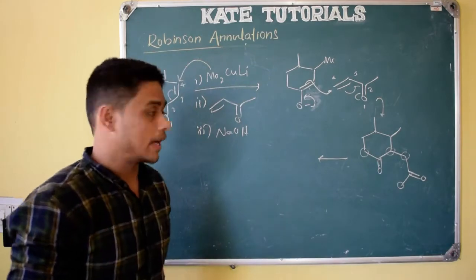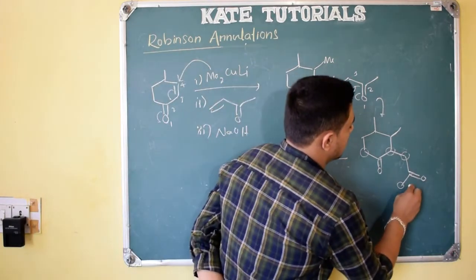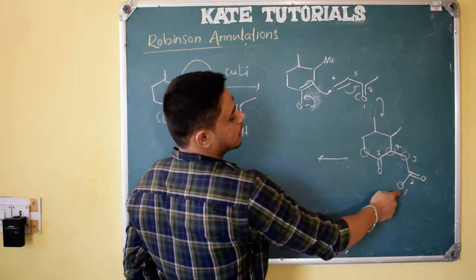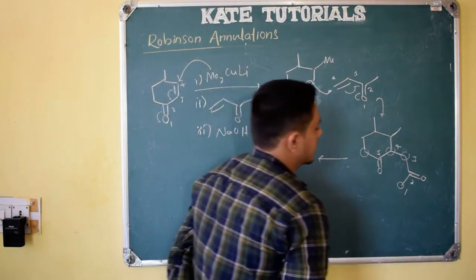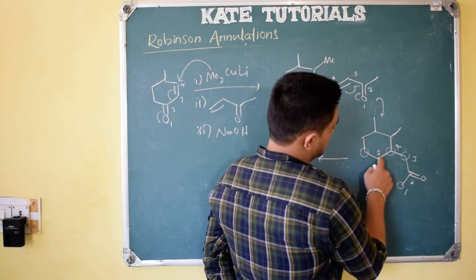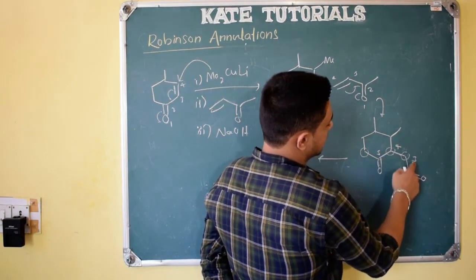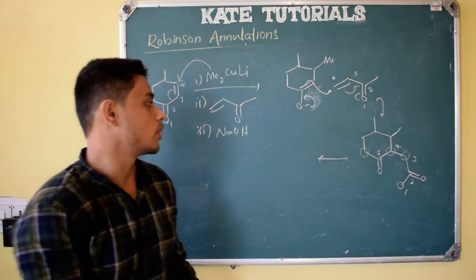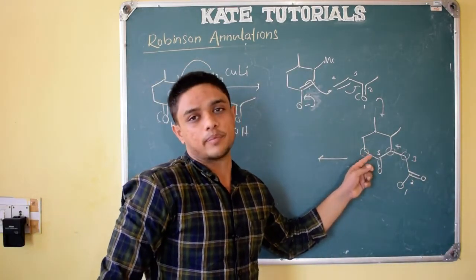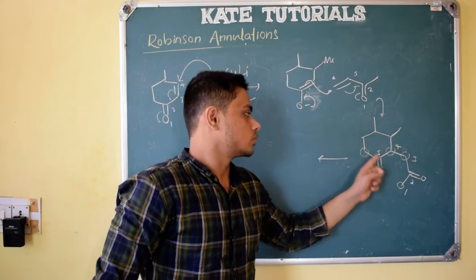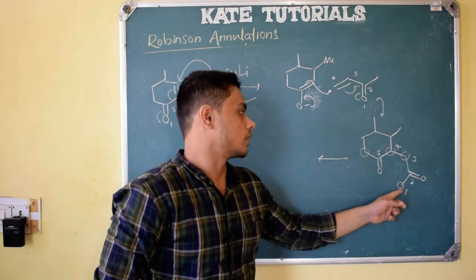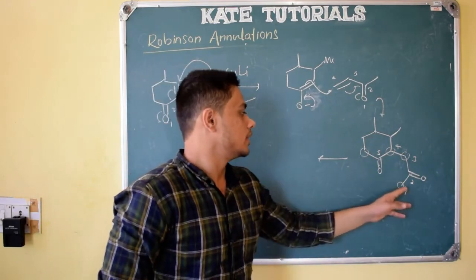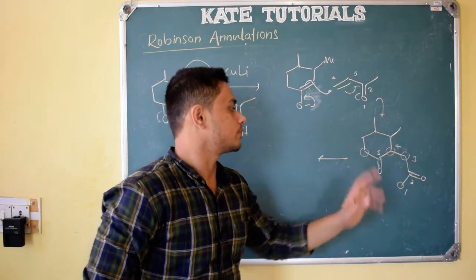But we need to see 5-membered or 6-membered ring. See here, 1 2 3 4, 5-membered ring. If I remove a proton from this, I will get a 5-membered ring. If I remove from this, 1 2 3 4 5, here also I will get a 5-membered ring, but here it is in the ring, so angle strain may occur. So we won't remove the proton from the ring because angle strain will be more. So we will remove only an open-chain proton. If I remove from this, 1 2 3 membered, unfavorable. So here 1 2 3 4, 5-membered ring.